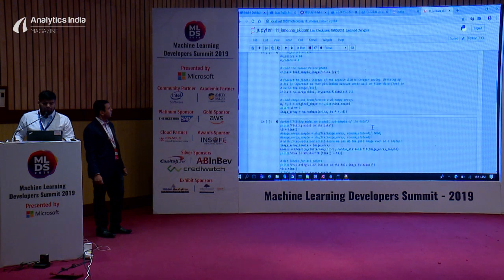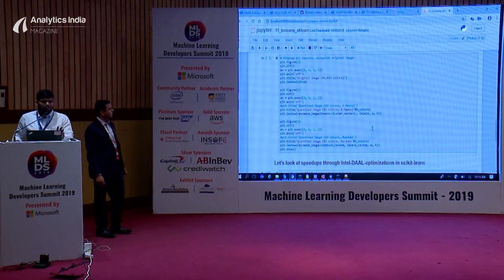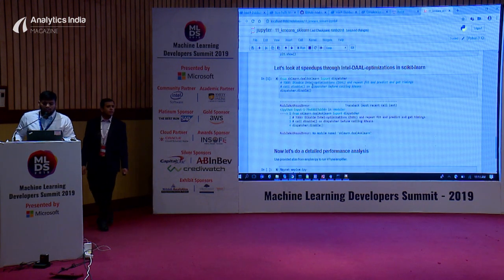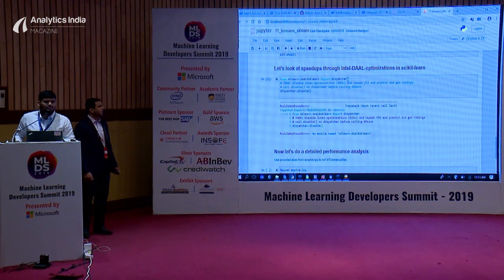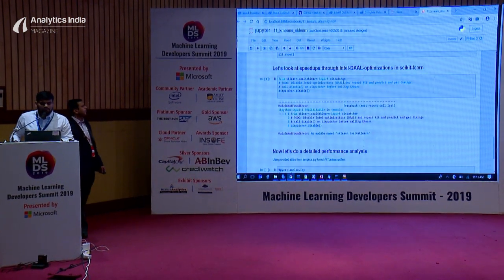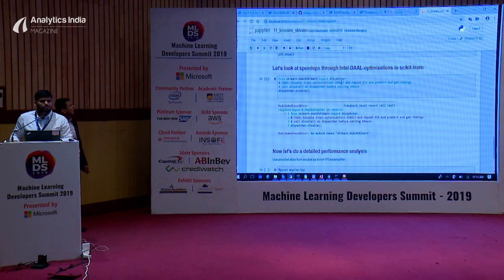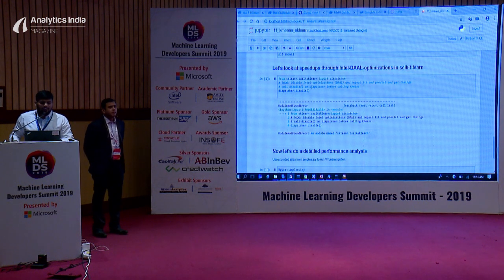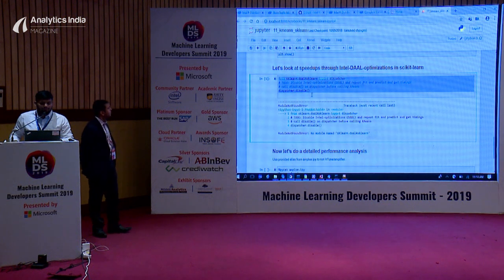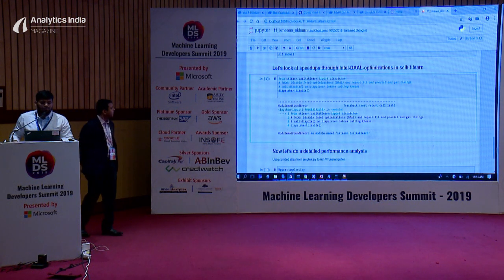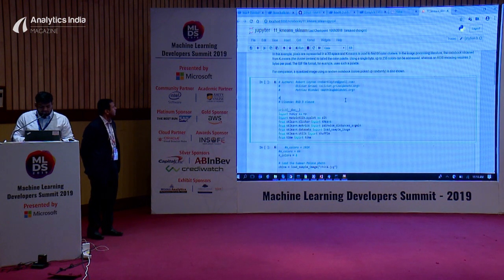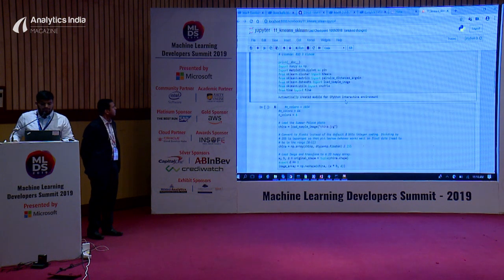if you want to be sure that I am not running Intel distribution for Python, one thing we can do is, there's a section in the code which imports DAL optimizations in scikit-learn. Because DAL is specifically in Intel distribution for Python and it's not part of scikit-learn from stock Python, if I run this portion of code, you can see that there's an error because stock Python doesn't recognize DAL. Now, some import statements, you can see that I'm using scikit-learn, NumPy.